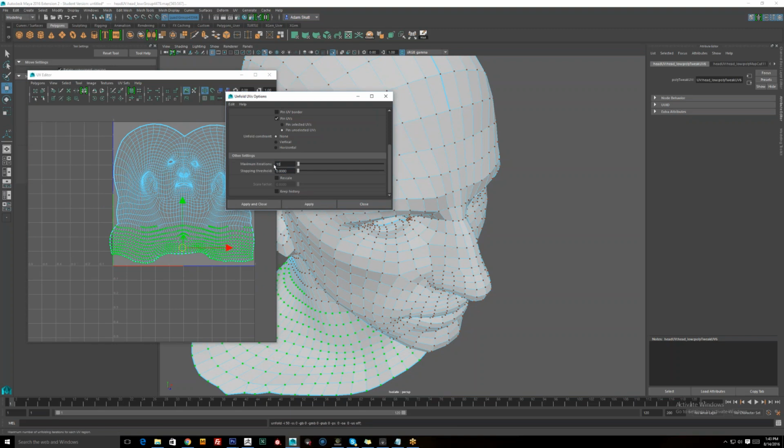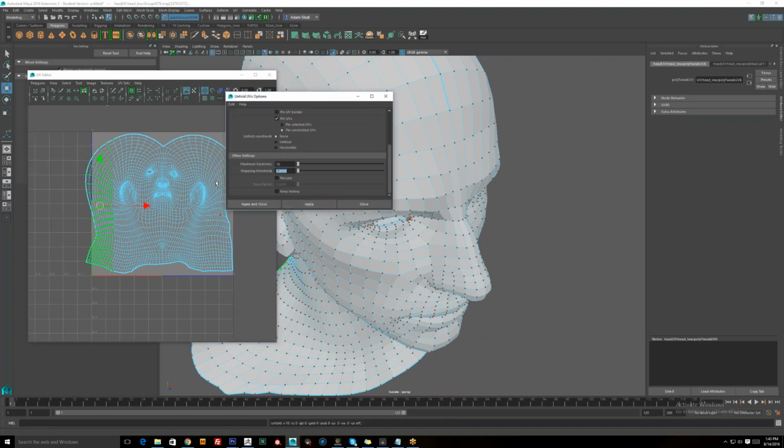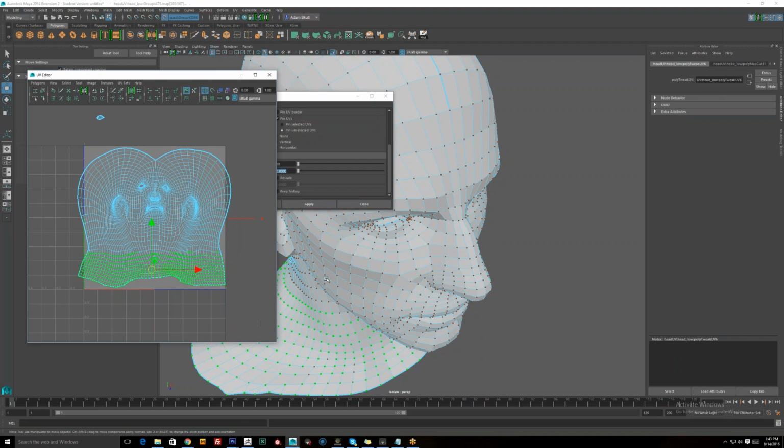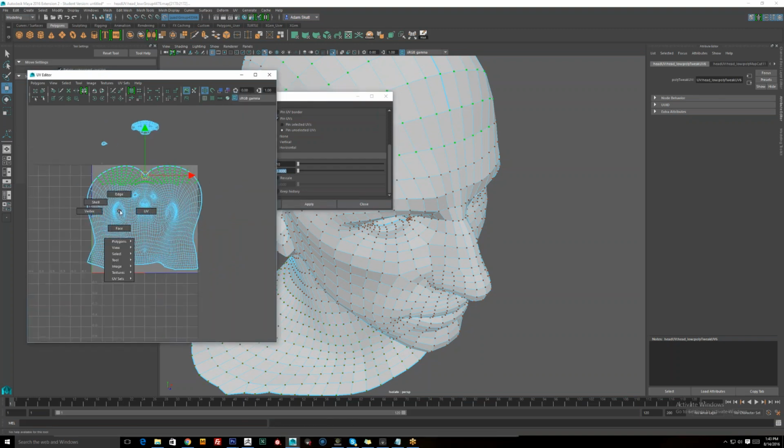Too much. 10. So you can adjust the speed at which it unfolds, so you can tell when to stop a lot easier. So anyway, that's kind of the